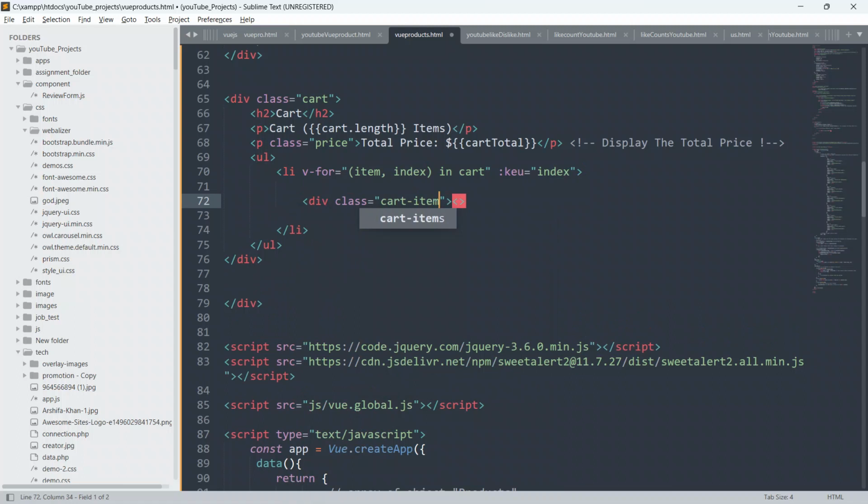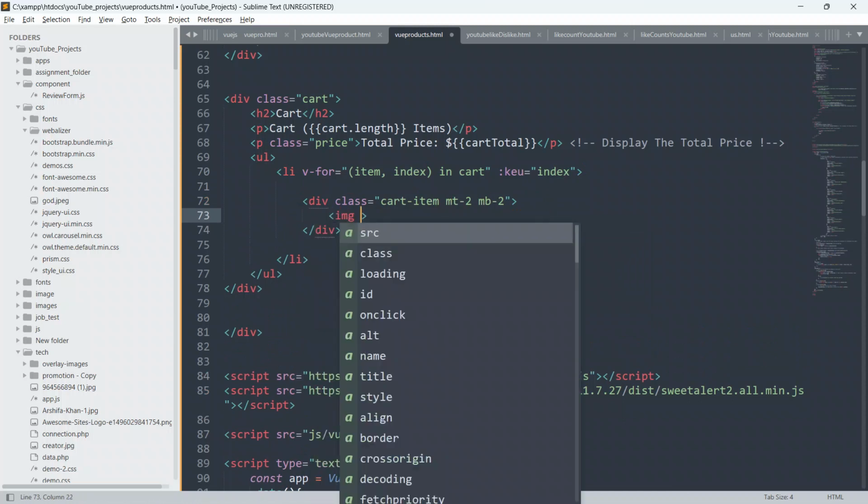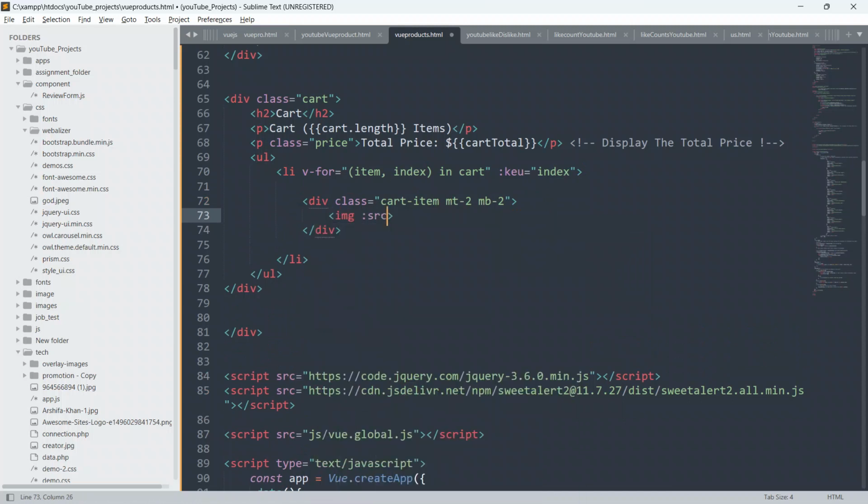Okay, and I will do margin top 2, and I will do margin bottom 2, and close this div. Inside this div I will say img, and I will put colon src, because you all know, guys, we have to put v-bind, then only we can display images, then only we can display class. Okay, so I'm gonna do here colon src, and I will give